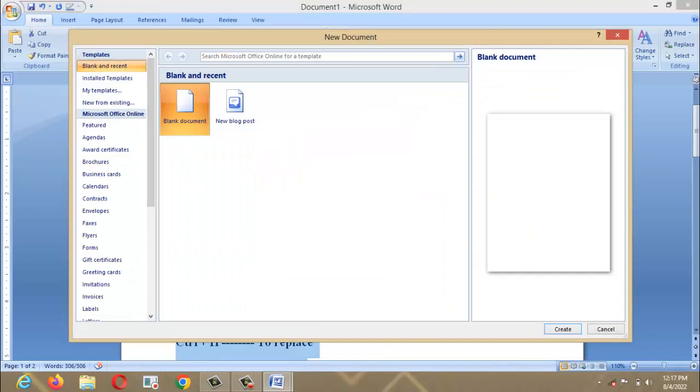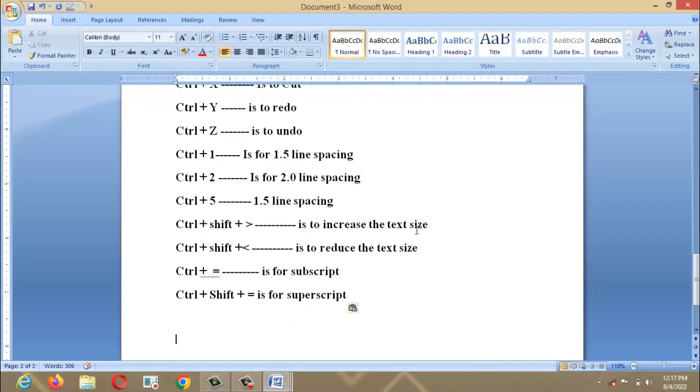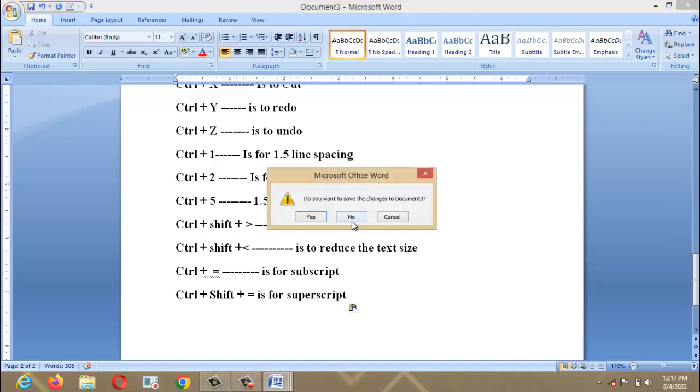Okay, yes, create a blank page. Control V, let's paste this now. Look at it, I've pasted it. Have you seen it? I've copied. So Control C is to